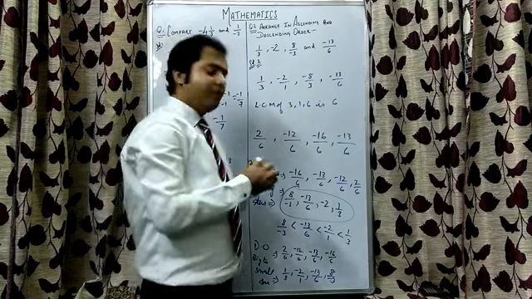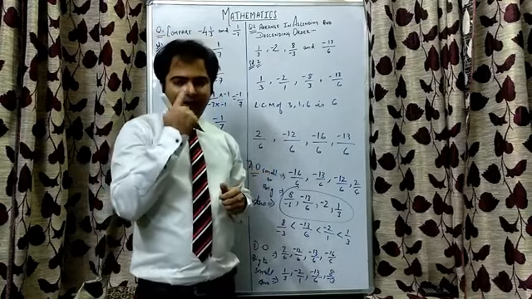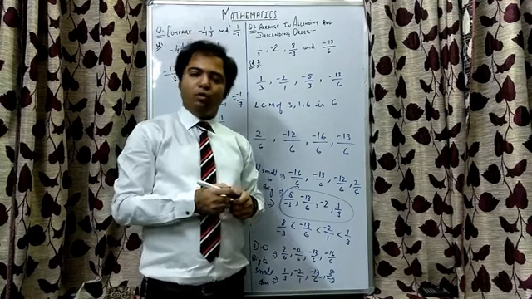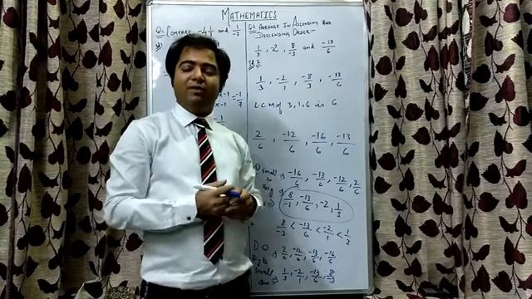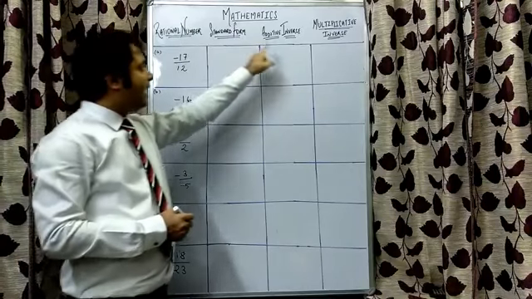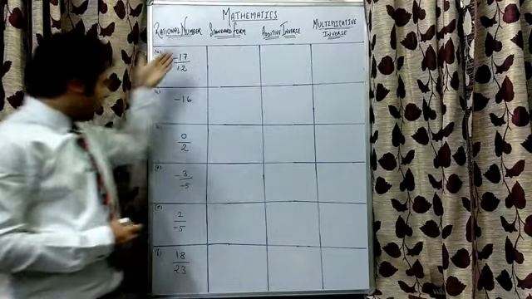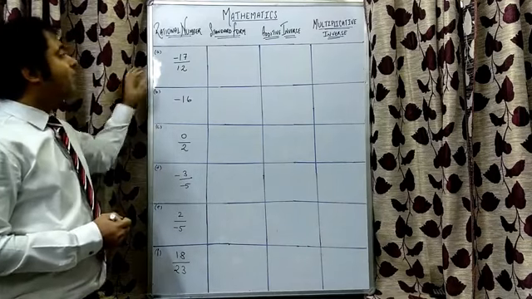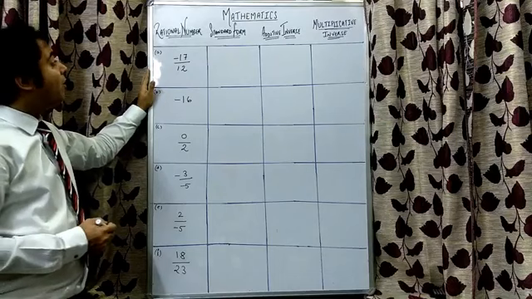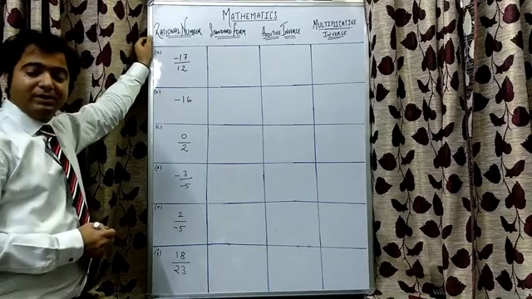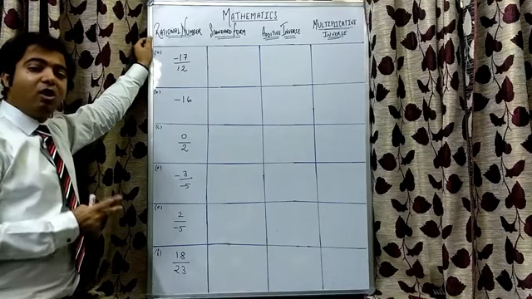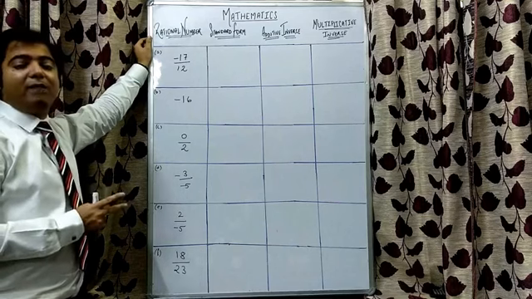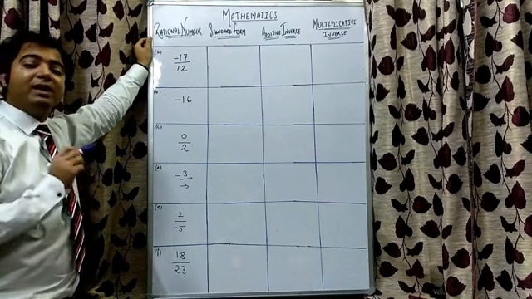The next topic, children, that we will be covering is additive inverse, multiplicative inverse and standard form. Though you have studied this topic in chapter integers, with respect to rational numbers, we will see how it has to be done. Now we need to find out the standard form, additive inverse and multiplicative inverse of the given 6 rational numbers. So before we find out these, let us have a quick recap of the headings. Rational numbers are those numbers that can be expressed in the form of ratios of two integers, keeping this thing in mind that the denominator should not be 0.